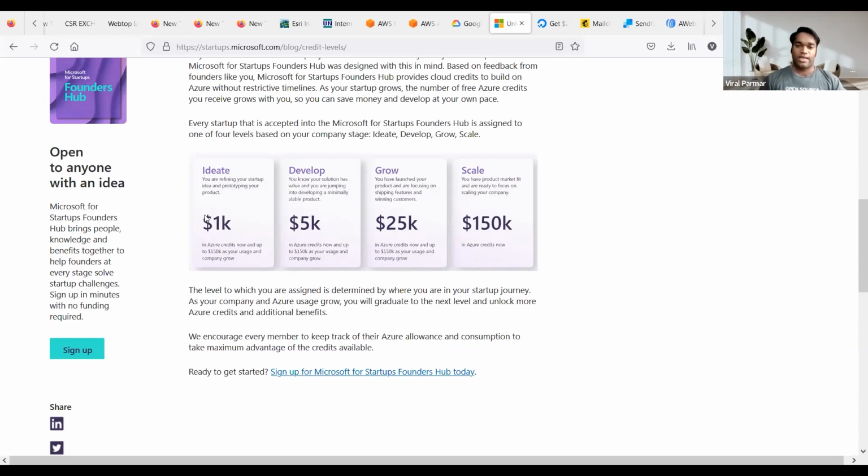They also have a program where they focus on empowering startups, and you have to go through that program only, then and only then will you get these credits. Up to some level, they'll give you free things. Later, if you want more from Microsoft service providers, I think you have to do a tie-up and share some equity as well, as I have discussed with a few people who are already using their credits and services from Microsoft. So they will be one of the stakeholders on your side. That is also a thing.